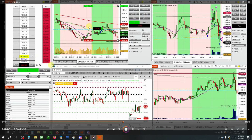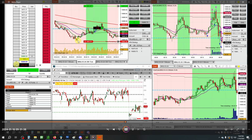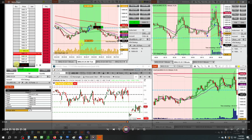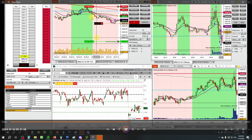You notice over here, I took somewhat of the same trade in the 100K account. That's a good stop just below that pivot. Just below that pivot. If it don't work, I'm going to stop out. Booyah. It stops me out. I flip because look, it had flipped over here, but